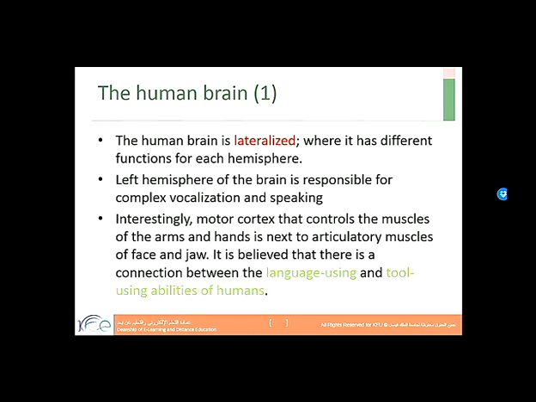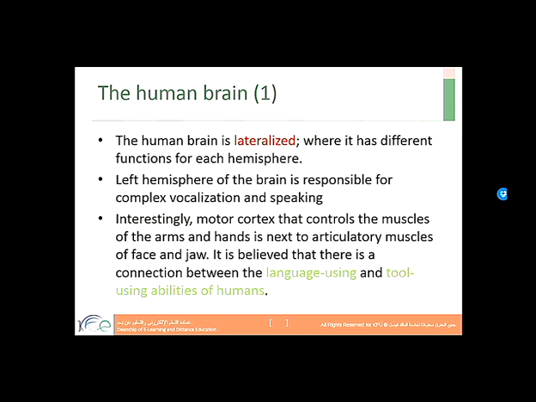So the human brain is lateralized. We have two parts, the right hemisphere and the left hemisphere, and each hemisphere has its own function. The left hemisphere of the brain is responsible for complex vocalization and speaking, or language in general.